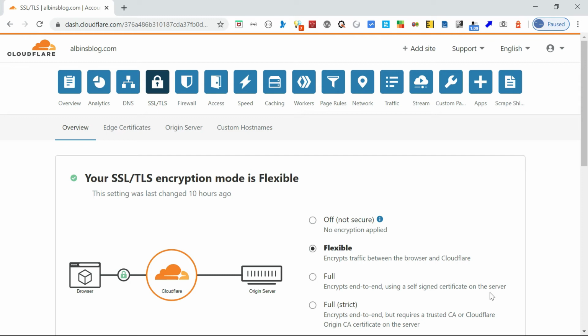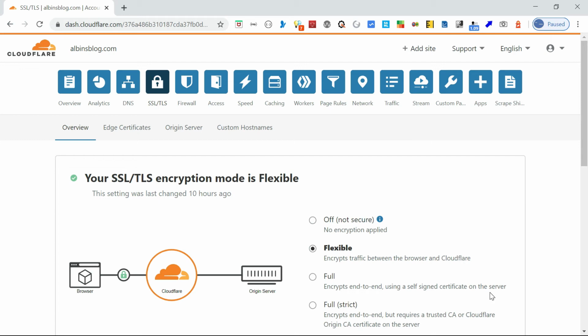In Full SSL, we were talking about a self-signed certificate, but here the self-signed certificate will not work. So you need to have an authenticated certificate, meaning you should get a certificate from a valid CA. It's a valid CA-signed certificate.